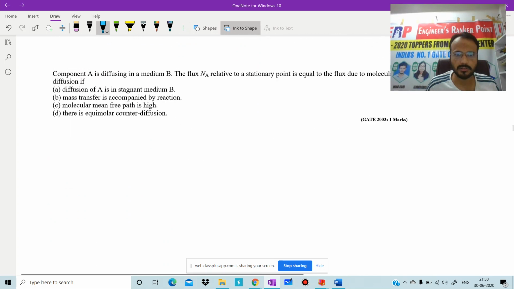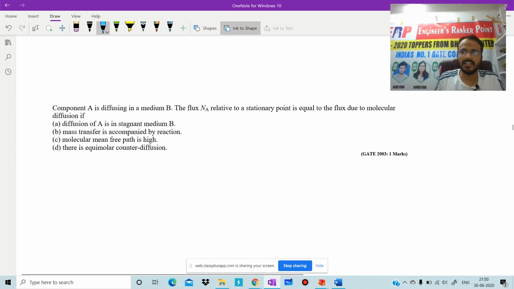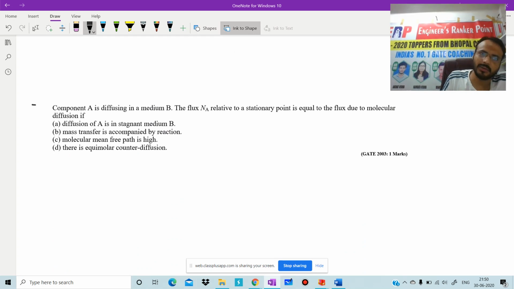Where are the questions? Okay. Now this is our next question. GATE 2003, 1 mark question. Again, first read the question carefully. I hope it is our question number, which one? Third or fourth? When you maintain all these notes in your copy, write the question number also, so that I can proudly say at the end of the subject, okay, our one more century is over. Then first read the question carefully.